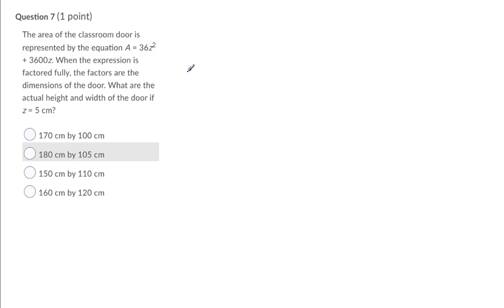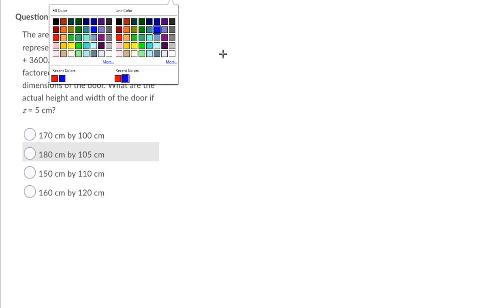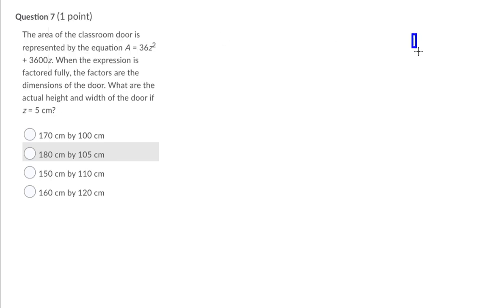So we're going to factor first, right, and then we can plug in for z and see what we've got. So we're dealing with a door here, so it's going to look a little something like that. There's our door. So we want, again, we know our area is length times width, so we got to break this down into one thing times another thing. What are our length and width going to be? So let's get our black pen here, and we'll go, all right,